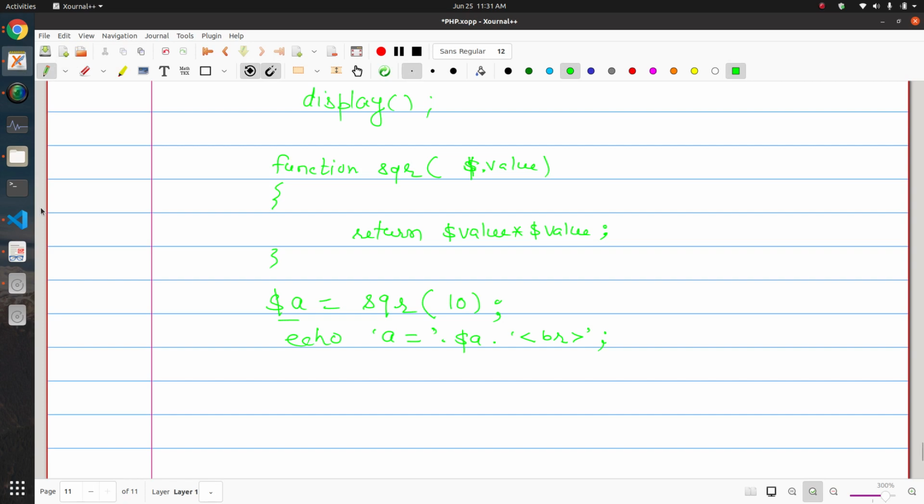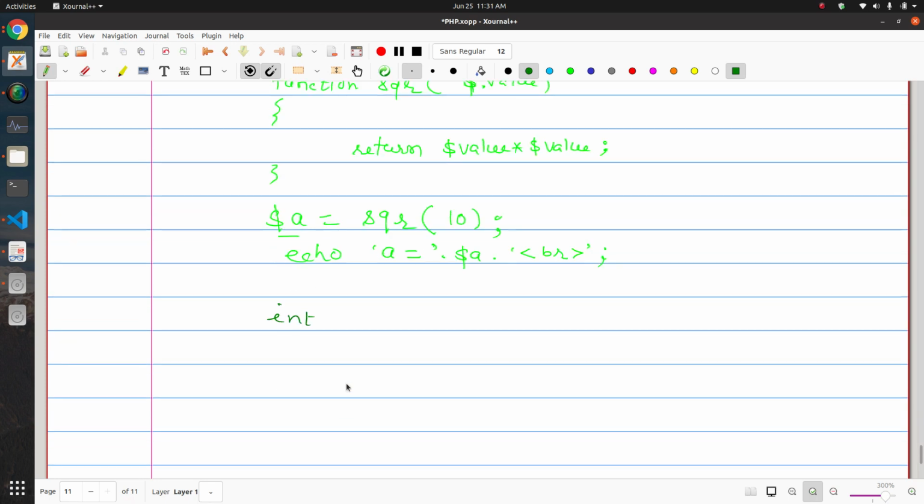When you define a function and you call a value, in C you define a function, let's say int, that is the return type, and let's say func, and you pass an argument int, let's say a.